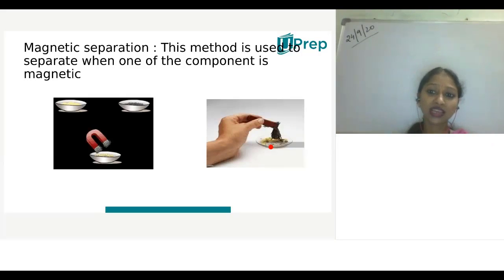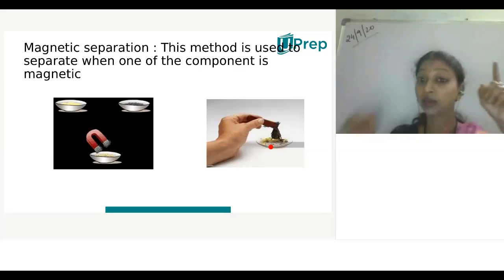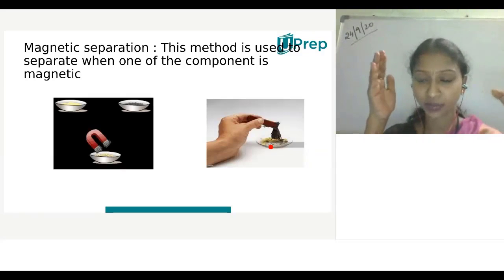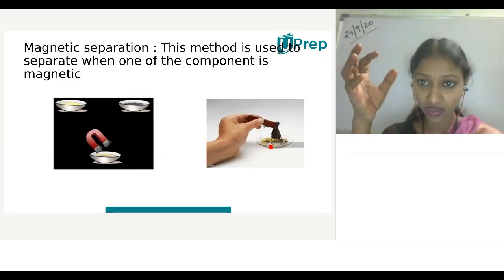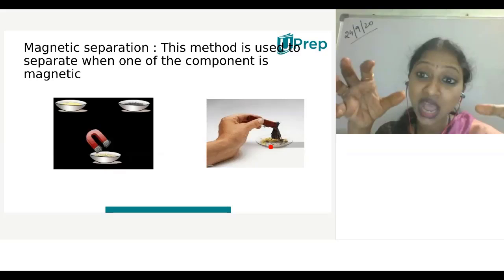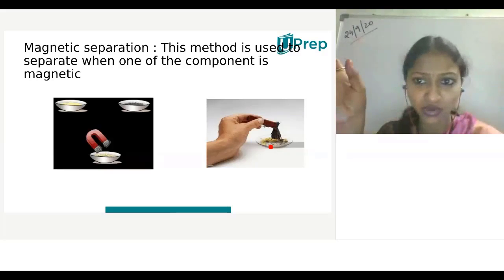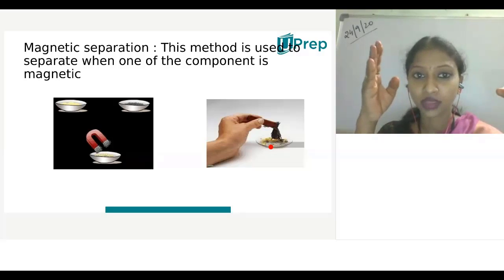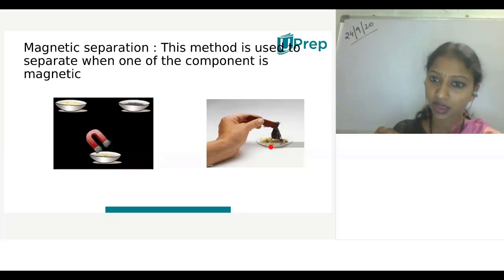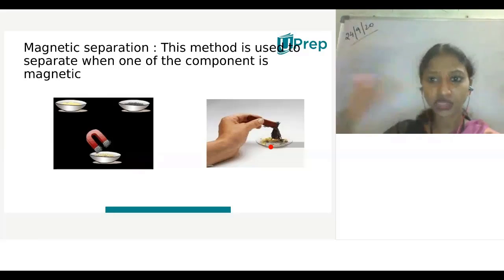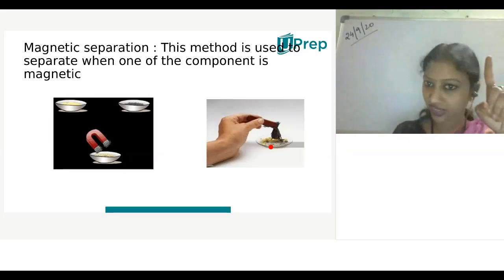So why do we separate the components? The main reason to separate components from a mixture is that the mixture consists of different components, all having their own properties. They won't change chemically, so all are useful to us. The best example is crude oil, petroleum. Petroleum consists of different components, all useful to us. So we'll use different separation techniques to separate it and collect the individual components. In that case, a separation technique is used.